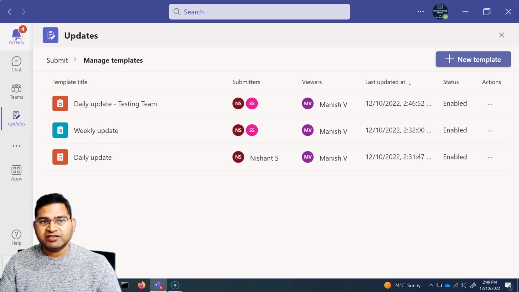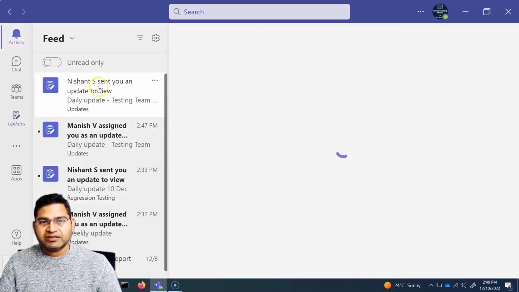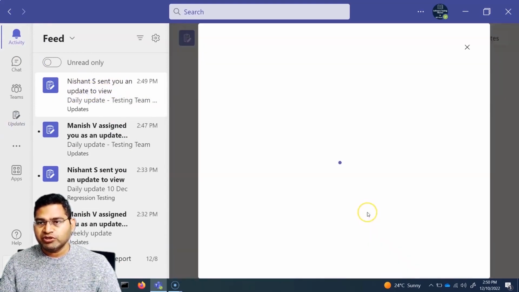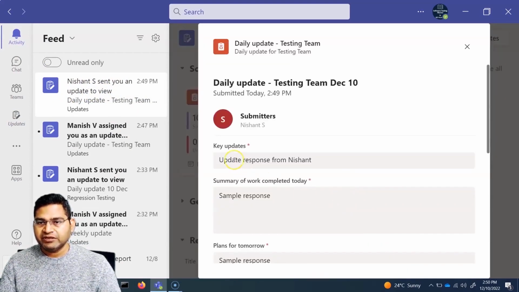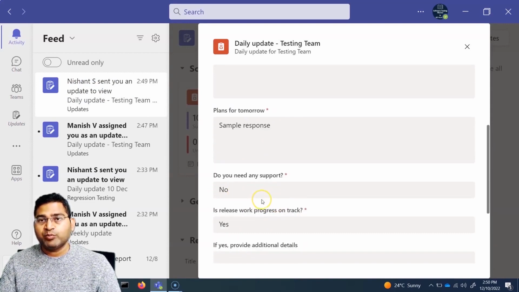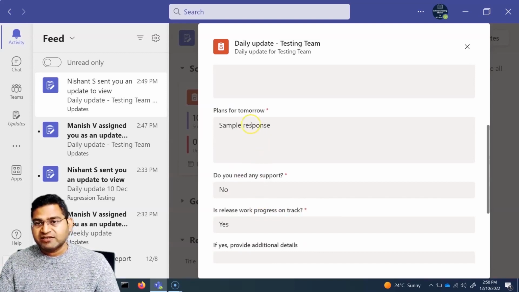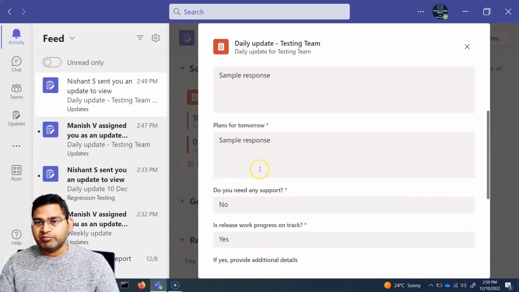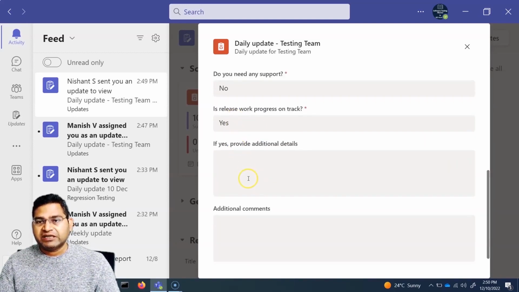And if you go to the activity here, you will see that Nishant S sent you an update to view, right? So if I simply click on this, it should load the response that has been submitted. Okay. So you'll see the update response from Nishant and then the sample response. This is the text that I have put in from my mobile app on which I'm logged in as the person whom the update has been assigned. Okay, so I'm logged in as Nishant in this particular case, and I have submitted the update from Nishant's ID